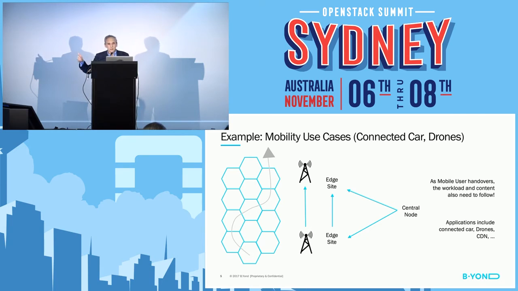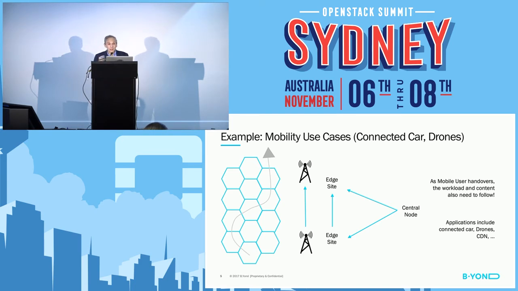But eventually, you may move far enough that the application that's running on the edge node, the content that is stored there, the state of that application, would need to be handed over to the edge node that's serving your new cell. How do you do that? How do you do that migration of the application, of the content, of the state? That's not a simple task, especially when you do that over a backhaul network that may have a high latency, or much higher latency than what you would find in a data center.